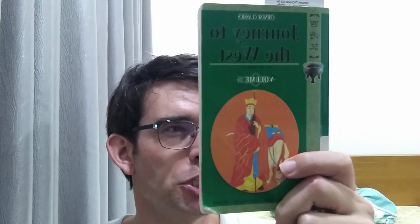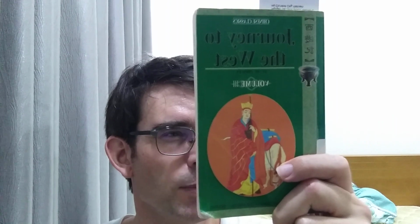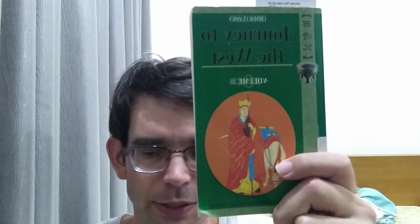So it does strike me a little bit as cheating. It takes a little bit of the suspense out of the narrative, the fact that Monkey can just hop up on his cloud and fly off to get reinforcements, instead of having to use his own strength or wits to defeat the demons. At the same time, though, the fact that Monkey is going to all these exotic places, like